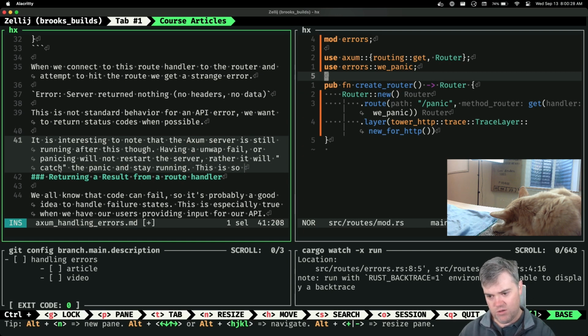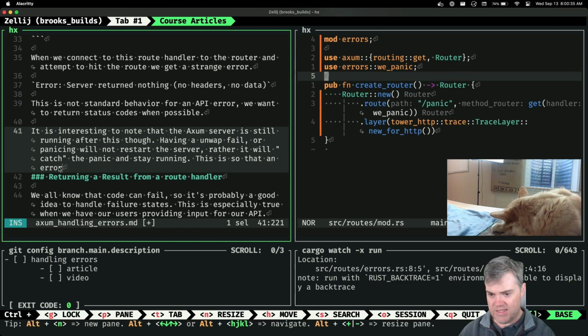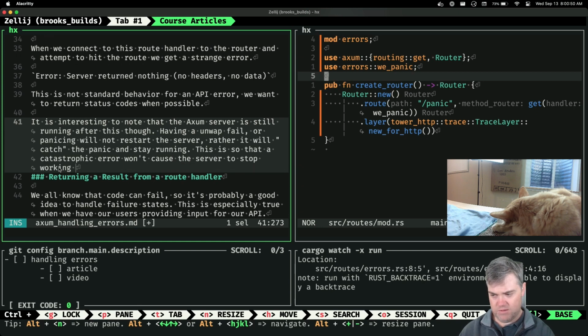This is so that a catastrophic error won't cause the server to stop working.